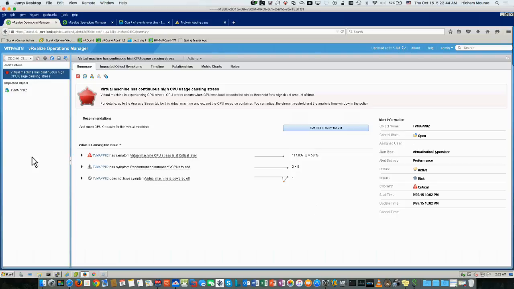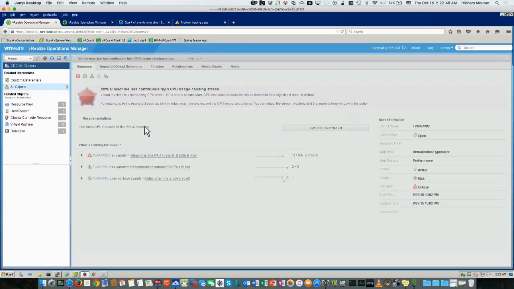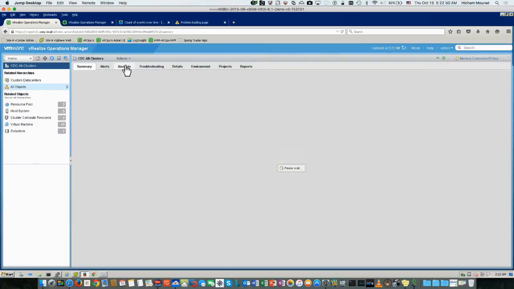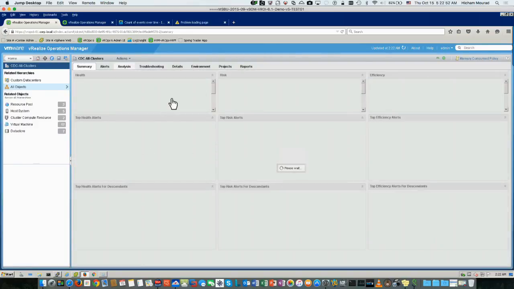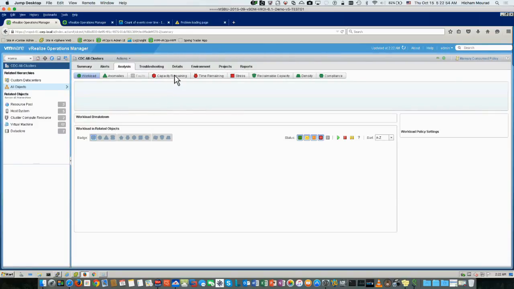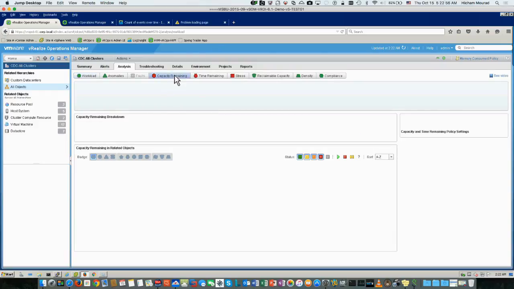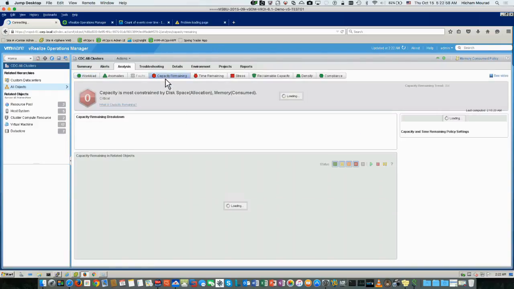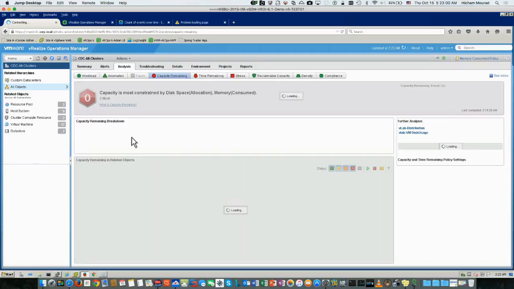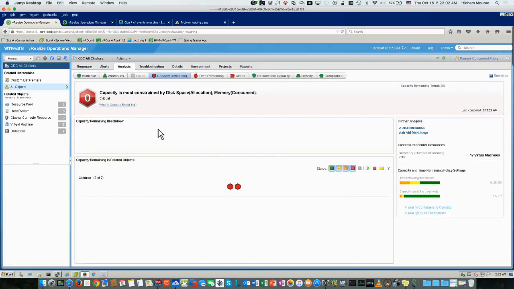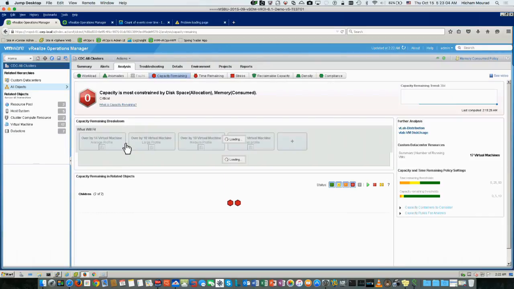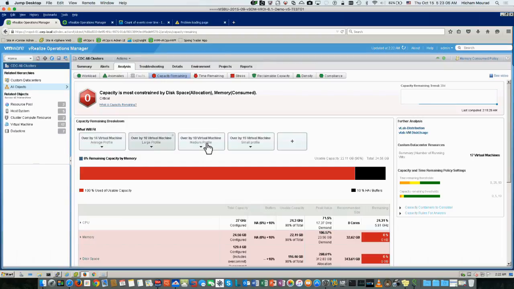I wanted to show the custom profiles actually really quickly. If I go back here, let me just go to analysis, just so you guys get a quick visual of this. If I go to capacity remaining here, when you're looking at this, you're going to see the 4 different chiclets that I talked about, those little boxes, the little blocks: average, large, medium, small. Well, look at this. I have a plus sign right here, so I can go in and create my own